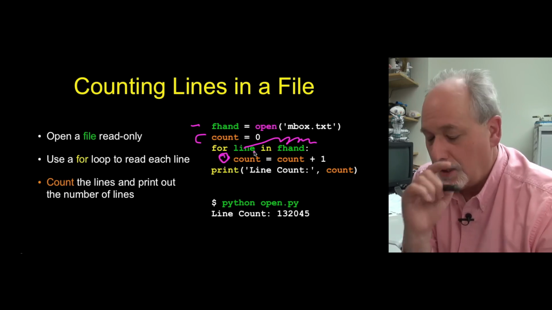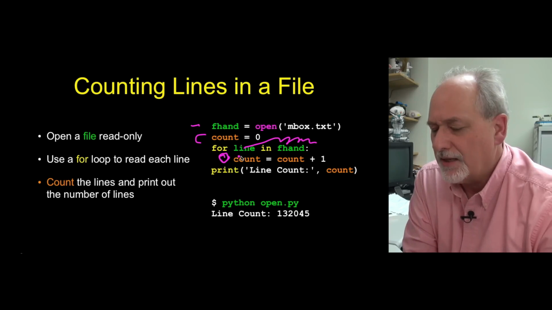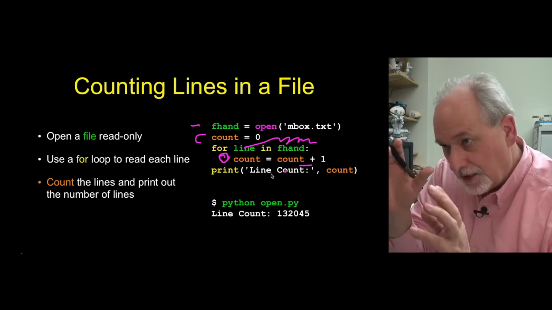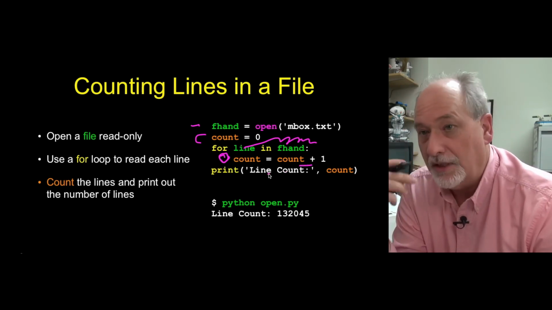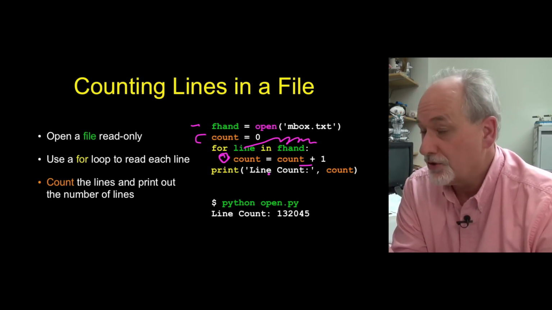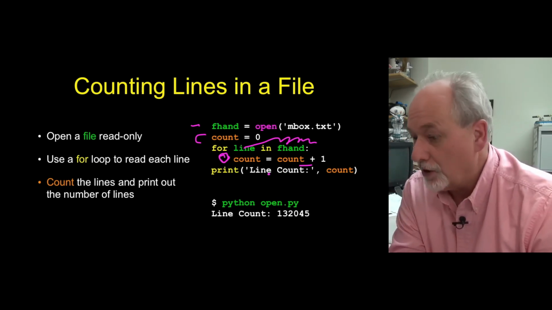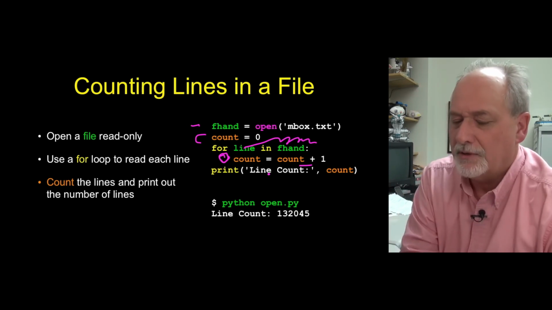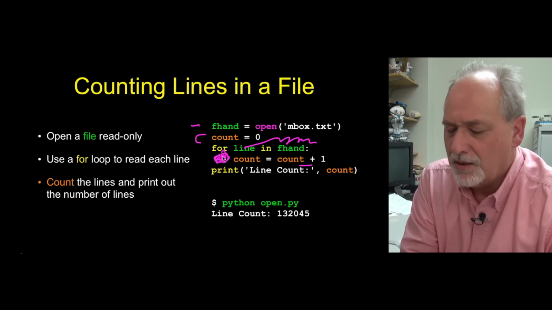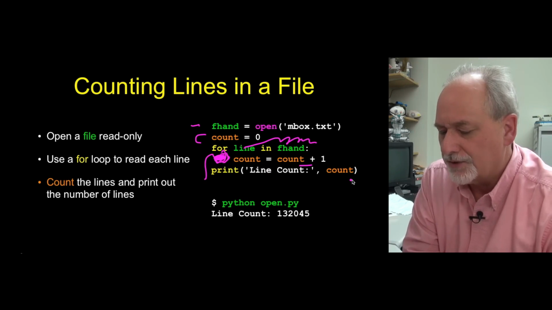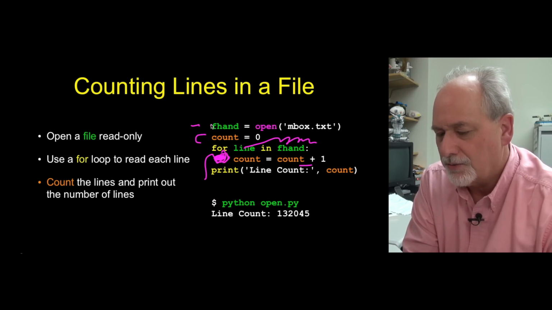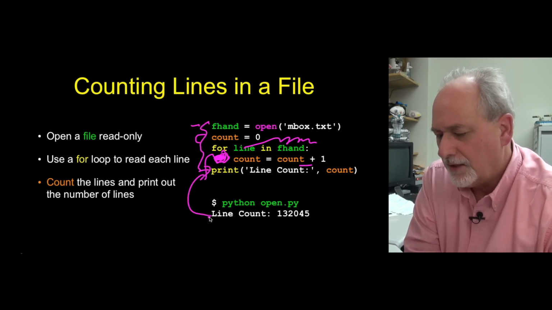All I'm going to do is count equals count plus 1. So every time we see a line, we're just going to add 1 to the counter. We're not printing the line, we're not even looking at its data at this point. And then when the loop is done, out it comes, and we print out line count equals count. If we open inbox.txt, this is going to do all this work and then print this line out and say line count is